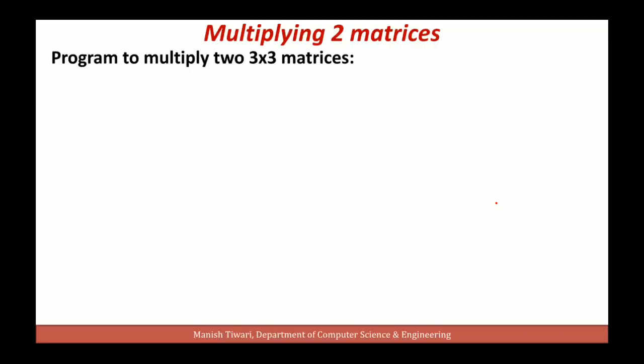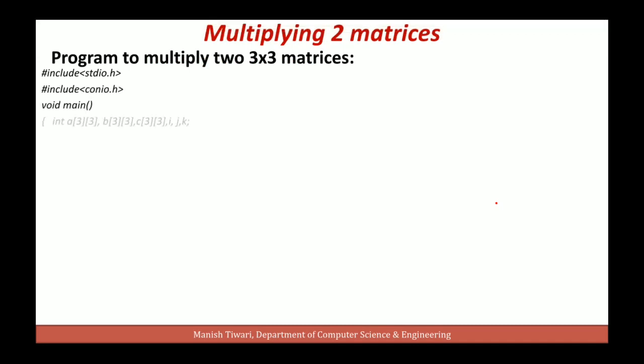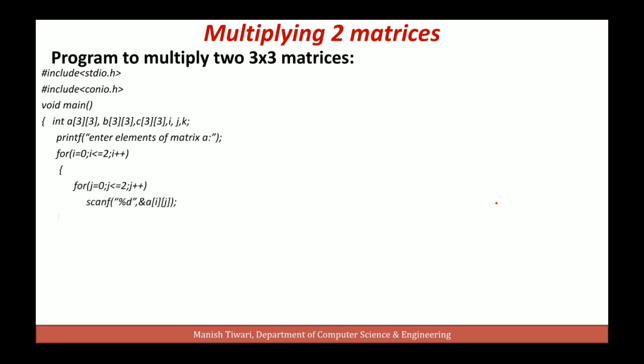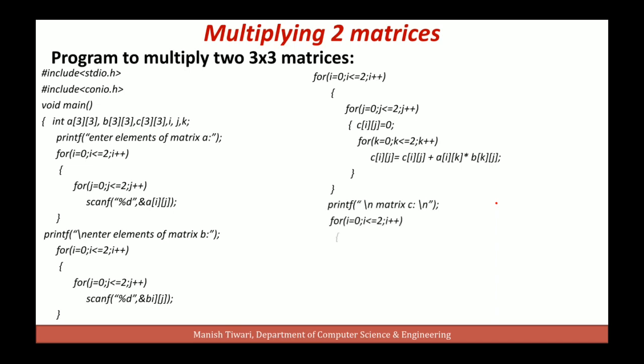So here is the program. First we will declare all the three matrices A, B, C and variables i, j and k. Then we will scan all the values of matrix A, then all the values of matrix B, and this is the logic to calculate the matrix C, which will be the product of matrix A and matrix B. Then we can print the output matrix C like this.